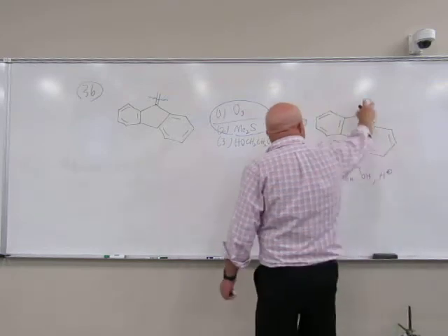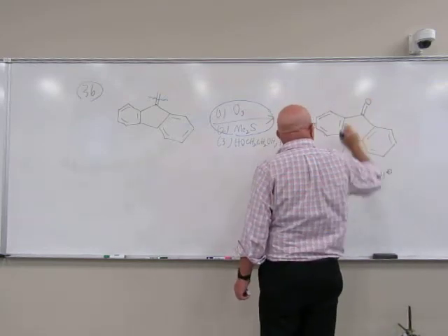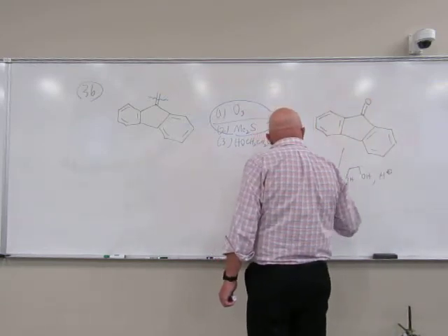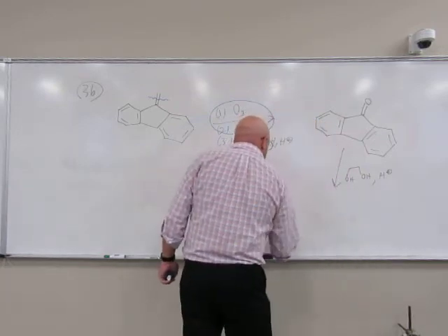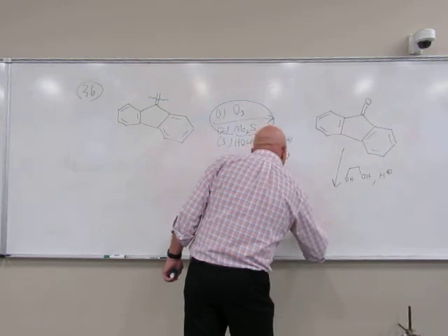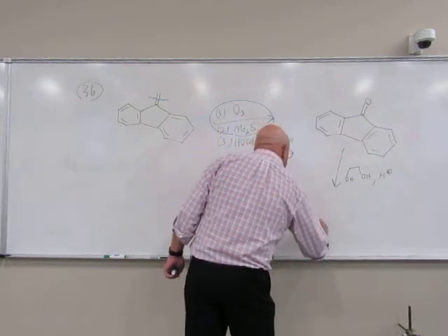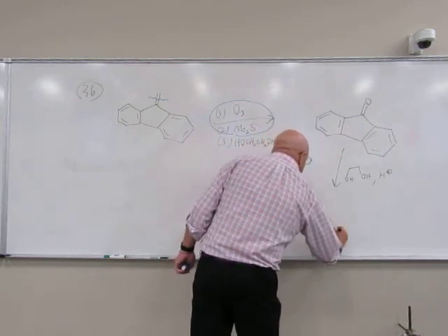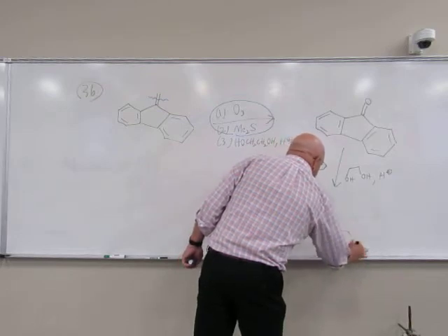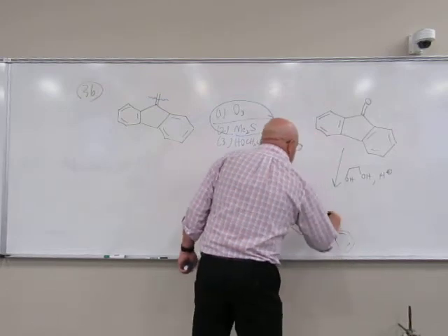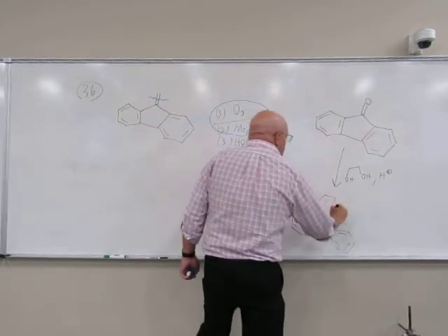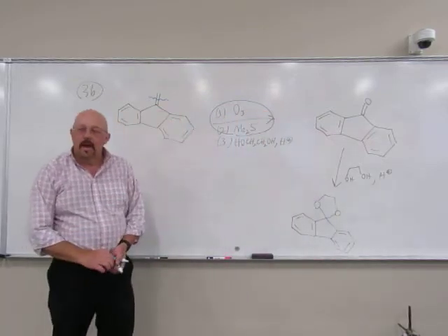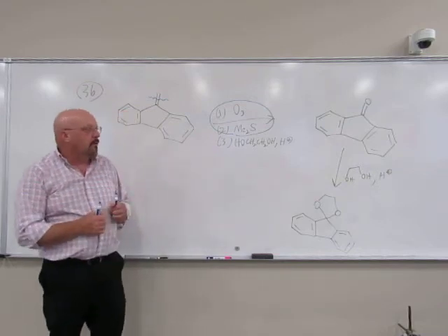The acid will protonate the carbonyl, and then the alcohol attacks. We have made a cyclic acetal. We have put a protecting group on